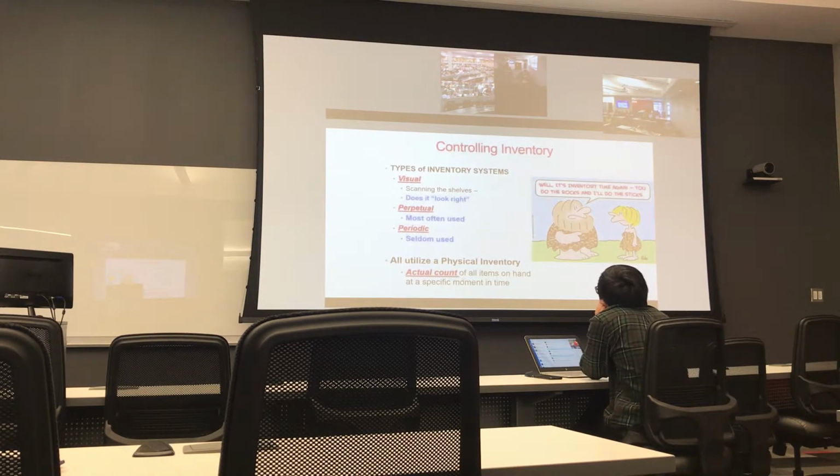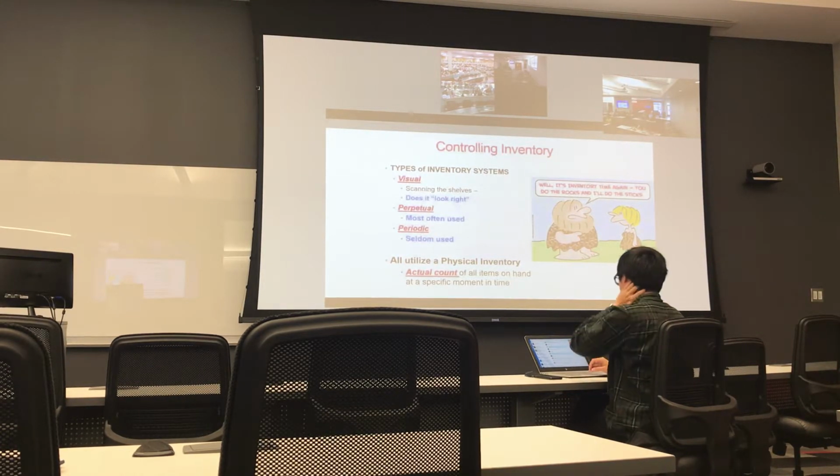But all places utilize a physical inventory, and that's an actual count of all items on hand at a specific time. So how many have seen that where they have professional counters come through the pharmacy early morning or late afternoon? So you've seen that. What do they have on their